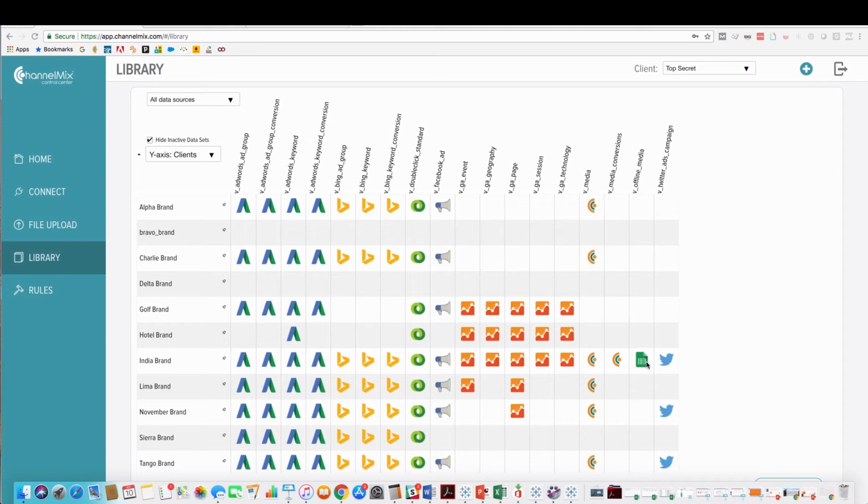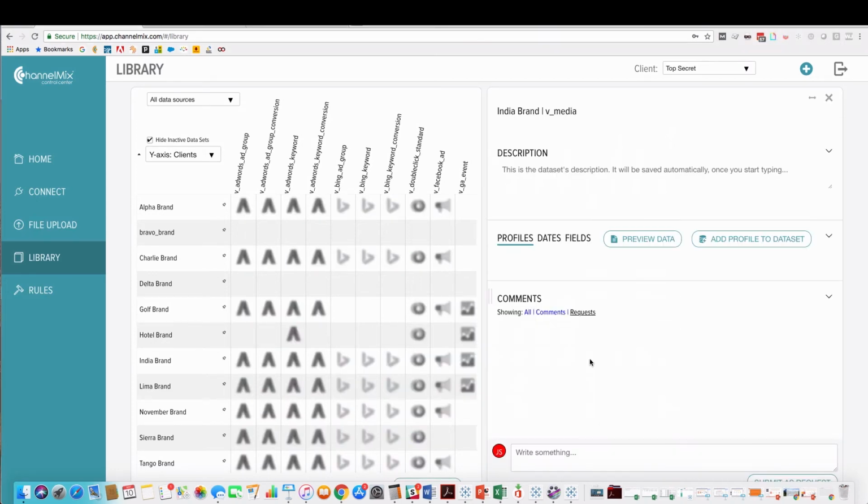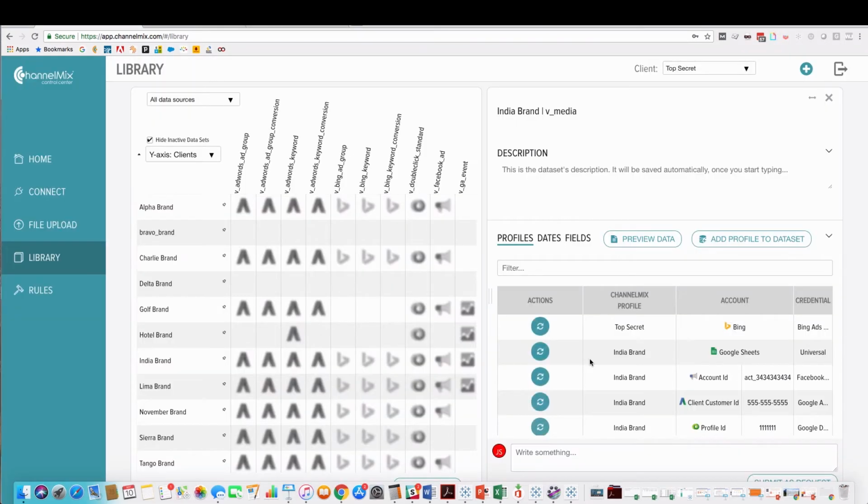I have some offline media that was uploaded in a media file, but I also have these special icons here that represent views that have been custom built by your ChannelMix Data Solutions team. In this case, I want to understand how all of my media is rolled together to create one large view where I can see the full power of all my media on display, both offline and online.